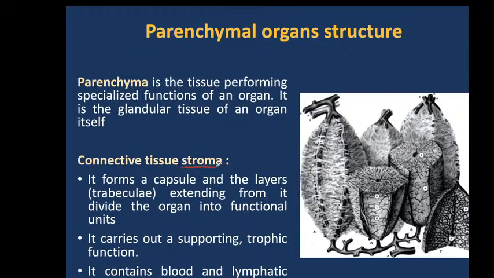The stroma and parenchyma are the two parts of each parenchymal organ. For instance, I can name such organs like lungs, like heart, like liver, or